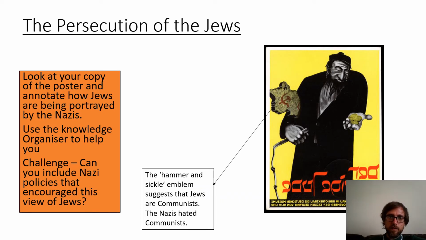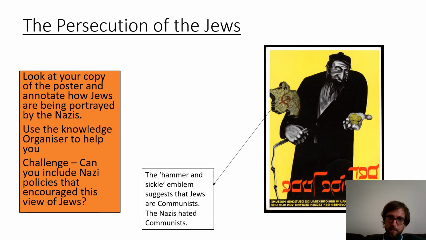Okay, so I've got another activity to do with the persecution of the Jews, again using a source. Again, it's something that you will recognise, so maybe use your knowledge organiser to help you here and think about how the Jewish person is being portrayed. So we've got an example here. You've got the hammer and sickle was the emblem of the communists,